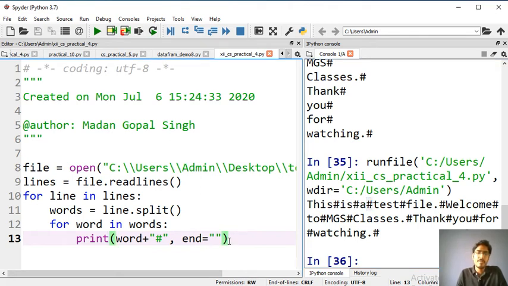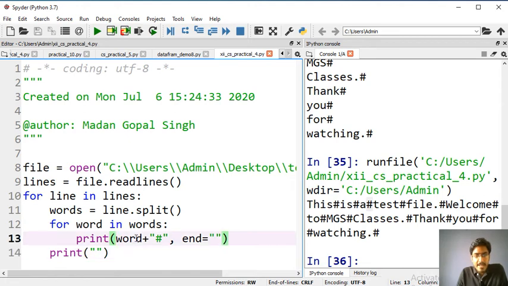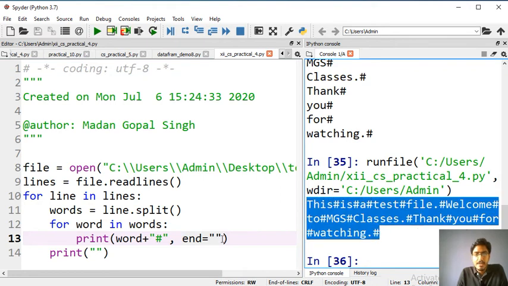Now we want this output line by line. In that case, after this for loop you will print a blank, so that after each line we move to the next line, because due to this end equals blank, all the words are coming into a single line.